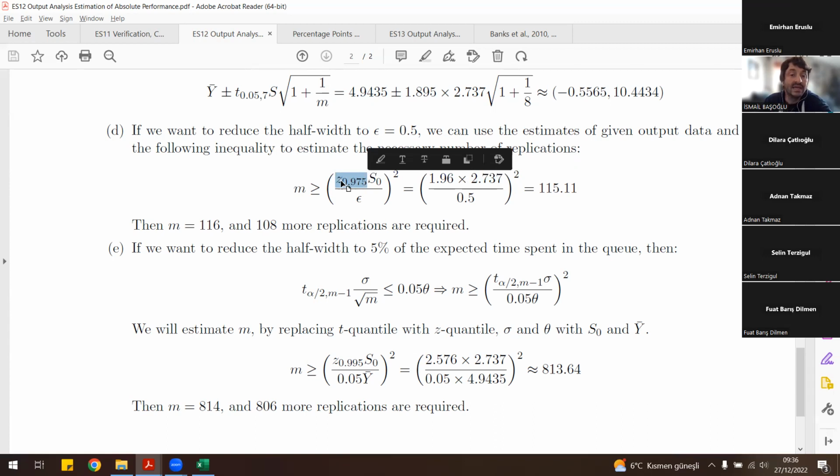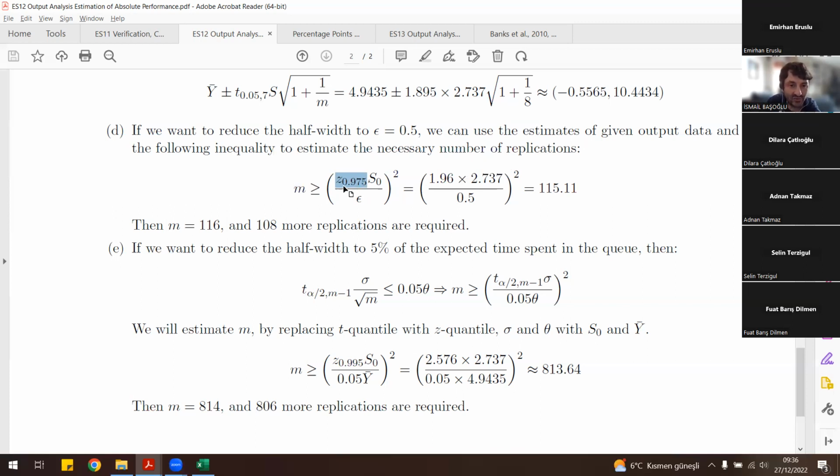the 0.975 quantile of the Z distribution, which is the standard normal distribution, my friends. I have already explained why I'm not using the T distribution here: the T distribution requires the degrees of freedom parameter, and the degrees of freedom parameter is also dependent on the number of replications. Here I want to determine the number of replications by taking this value to the left-hand side and everything on the right-hand side. But if I use a T quantile here, that M value will never be taken to the left-hand side. Therefore, I am replacing it with this standard normal quantile.